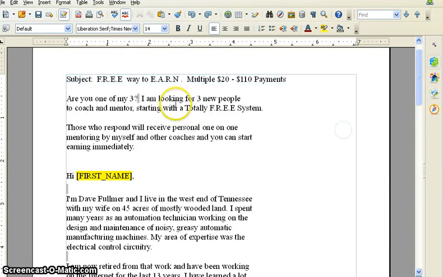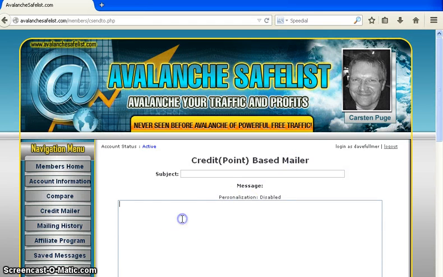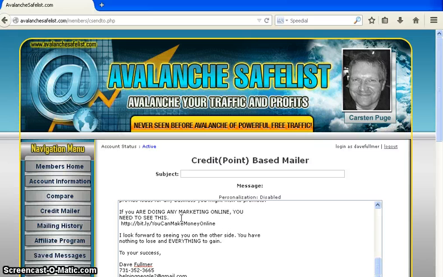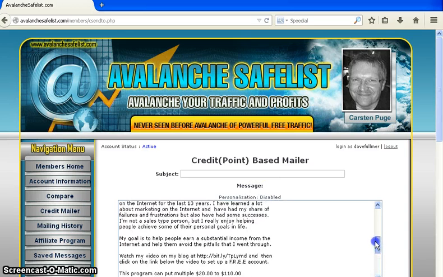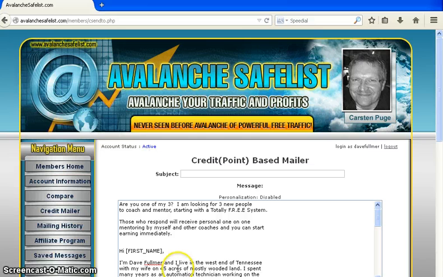So what I do now is I highlight it and I keep it highlighted, and do a Control C, go back to my browser, and I'll do a Control V, paste it into there. But notice that personalization is disabled, so we have to change the name, the personalization, and I just back this up and type in friend and put the